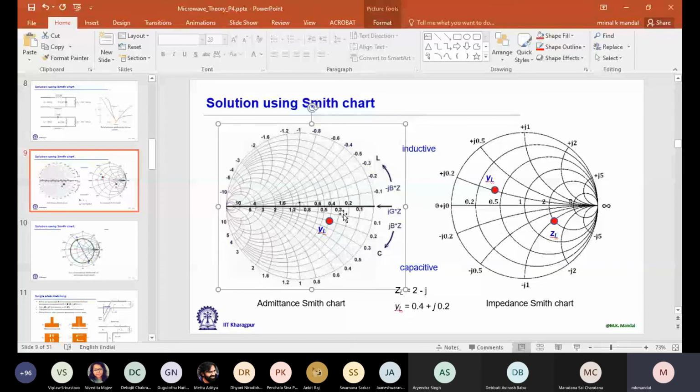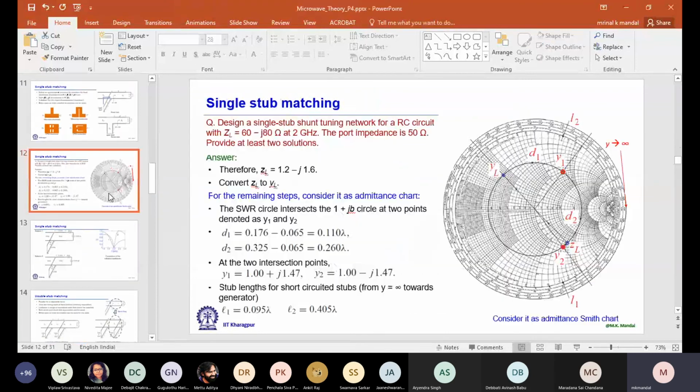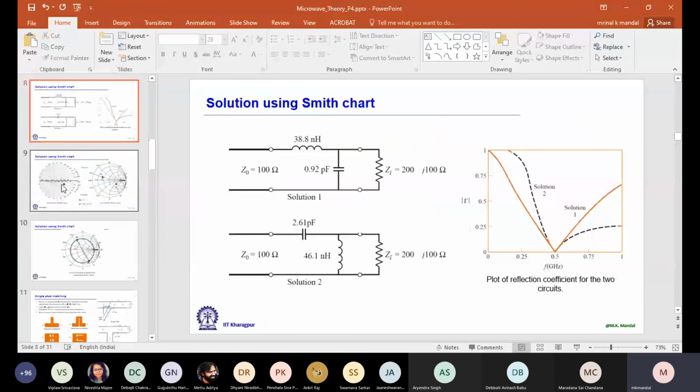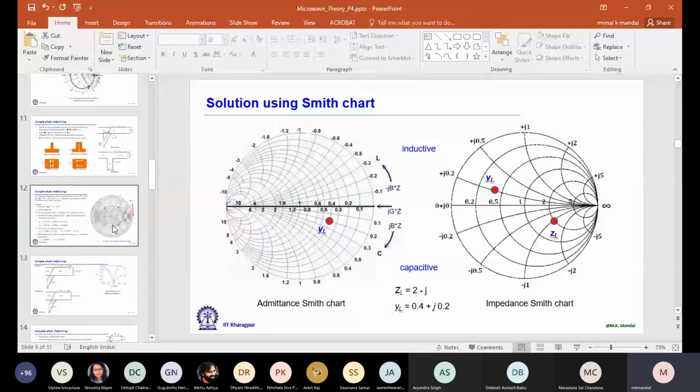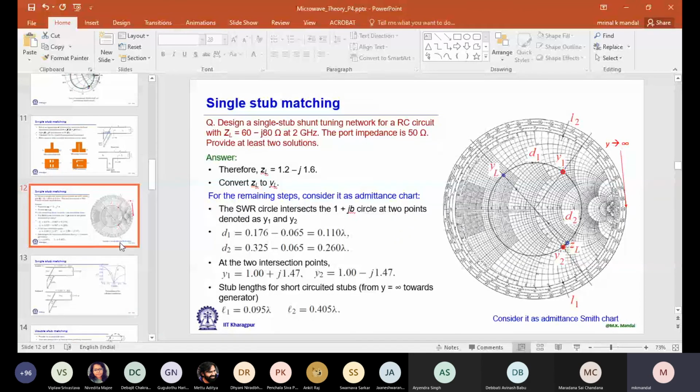When we are overlapping, we can't change the R value or Y value, X value or B value. So that's why we had to rotate this one by 180 degrees. But here, in this example, we don't need the impedance value. We are directly working with the admittance one. So instead of rotation, if I further rotate it, you see it resembles the impedance Smith chart. So the impedance Smith chart itself I can consider as the admittance Smith chart. Only thing, instead of R and X, now Y and B go to infinity. Depending on the requirement, you can change it.